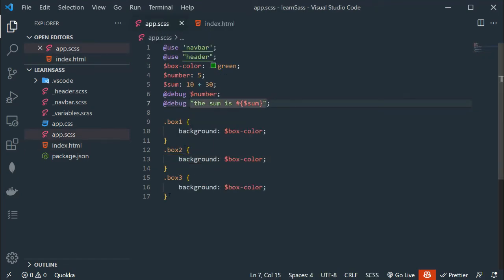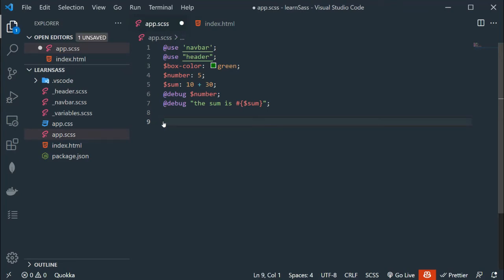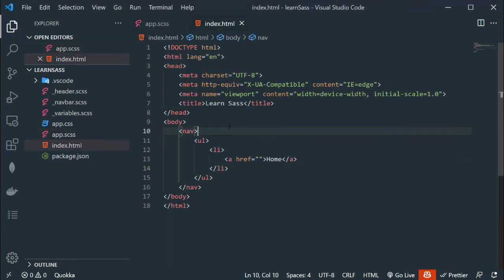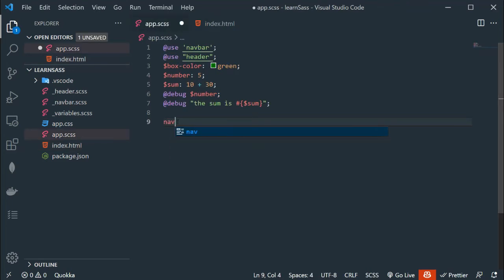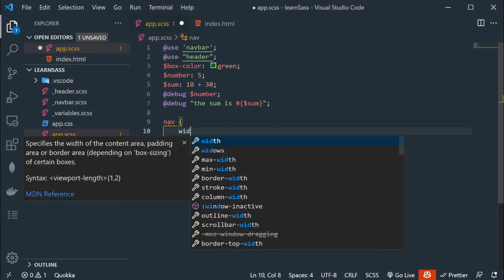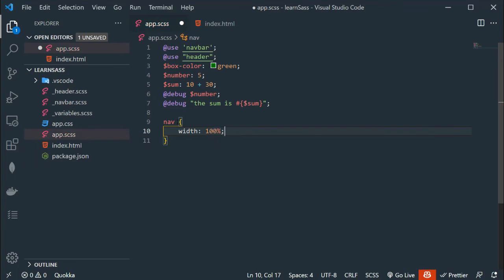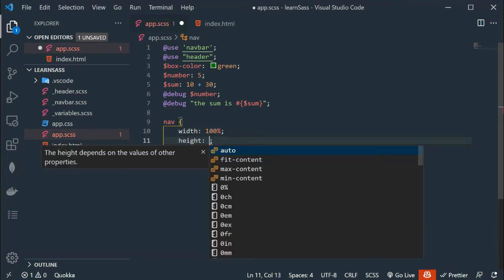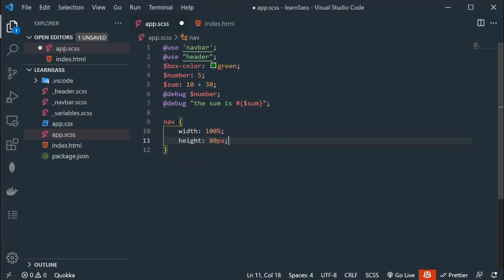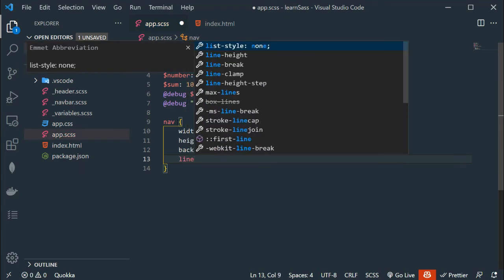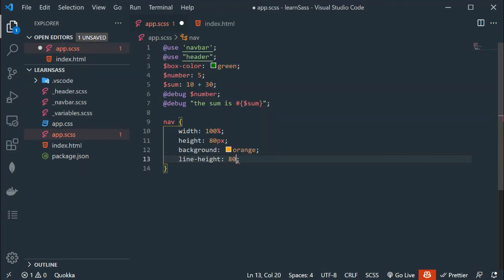Now let me delete this code. Now simply I'm going to target the nav selector. So simply nav. This will have width 100%, height 80 pixels, background orange, line-height 80 pixels. Now inside nav we have